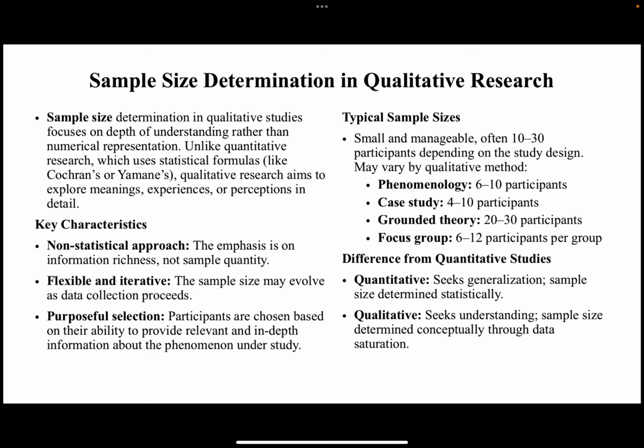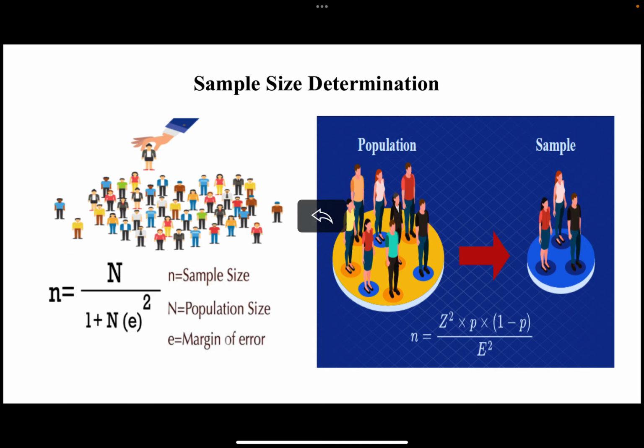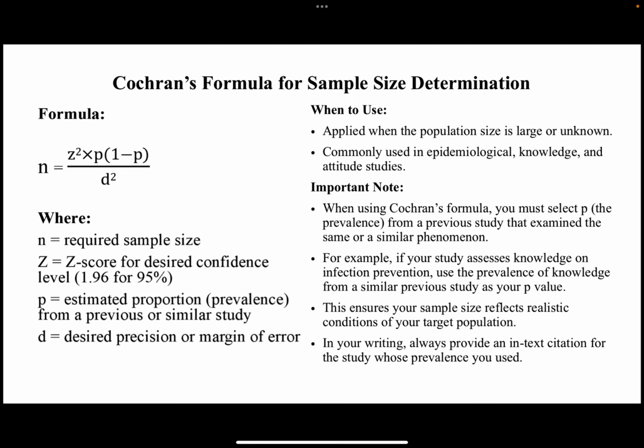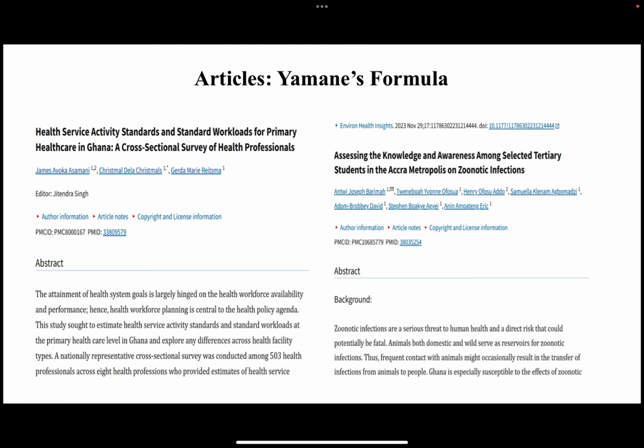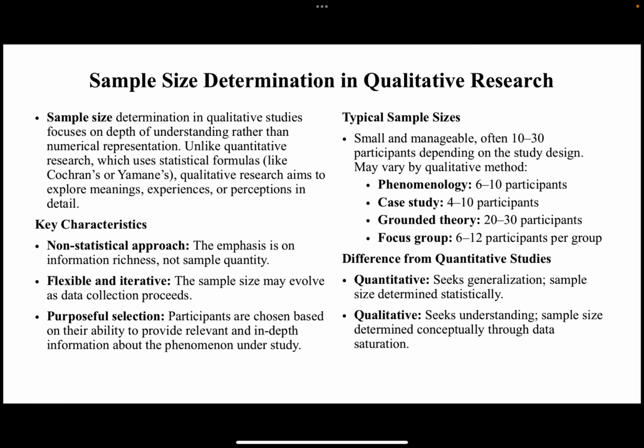Unlike quantitative research, which uses statistical formulas like the Cochran formula or Yamane's formula, qualitative research aims to explore meanings, experiences, or perceptions in detail. The key characteristic is that sample size determination for qualitative research is non-statistical. You see over here, we perform some statistical calculations, and these are inferences. But in qualitative research, it is a non-statistical approach, and the emphasis is on information richness, not